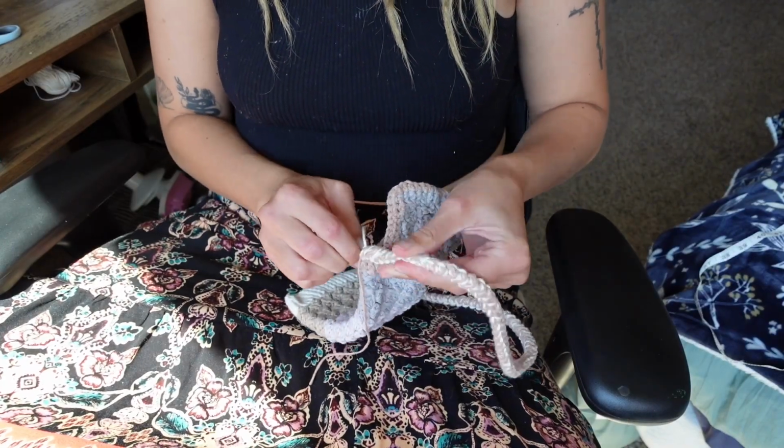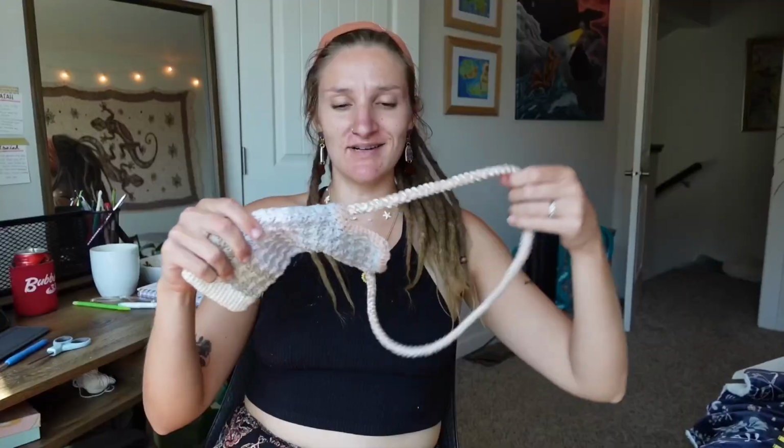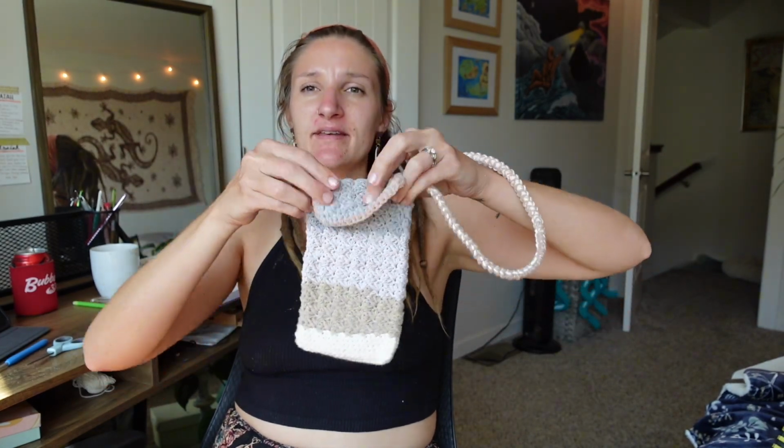Anyways, I got a strap to make. All right, we got us a little satchel. We just need to find a little button to go on there. All right, we picked out a button, super cute, sewed it on super fast, and bam, we are done,